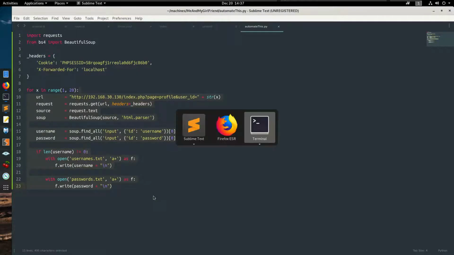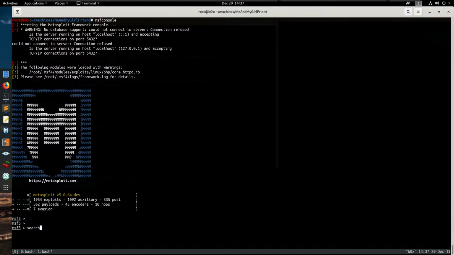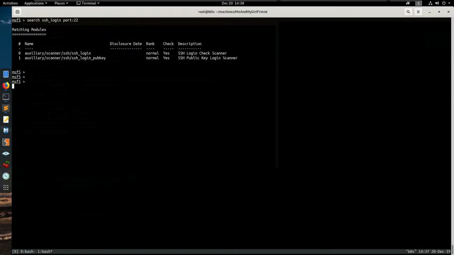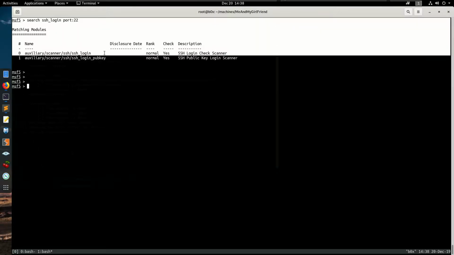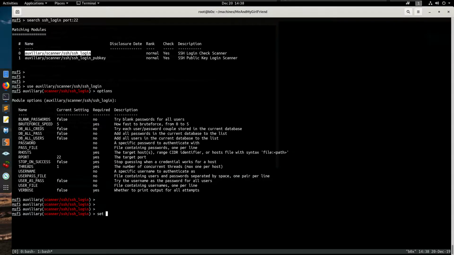So coming back to it, I think we have Metasploit here, and search SSH login for 22. So we have this over here. This is just an additional filter. This is really a helpful one, that you can search exploits or auxiliary modules or anything in Metasploit based on ports. So let's use this auxiliary module,